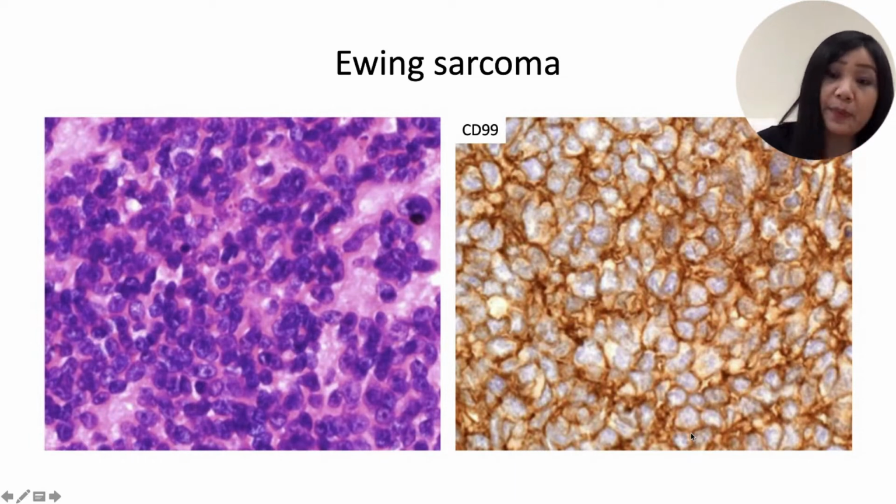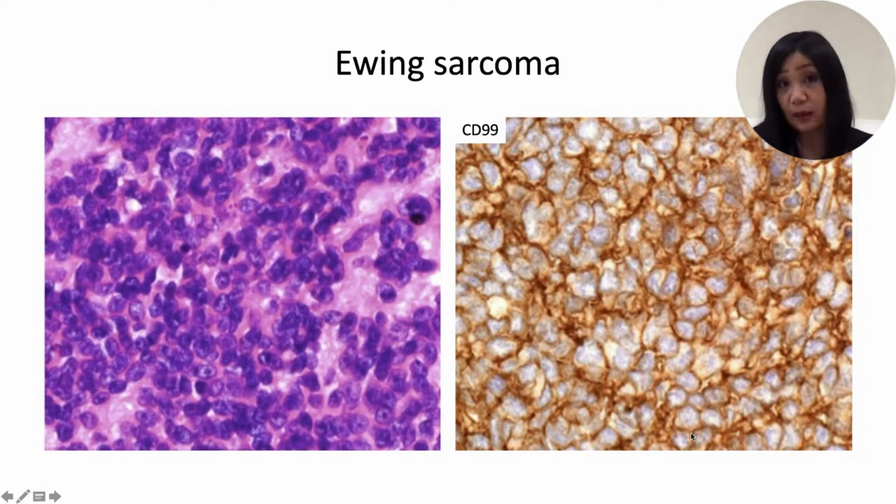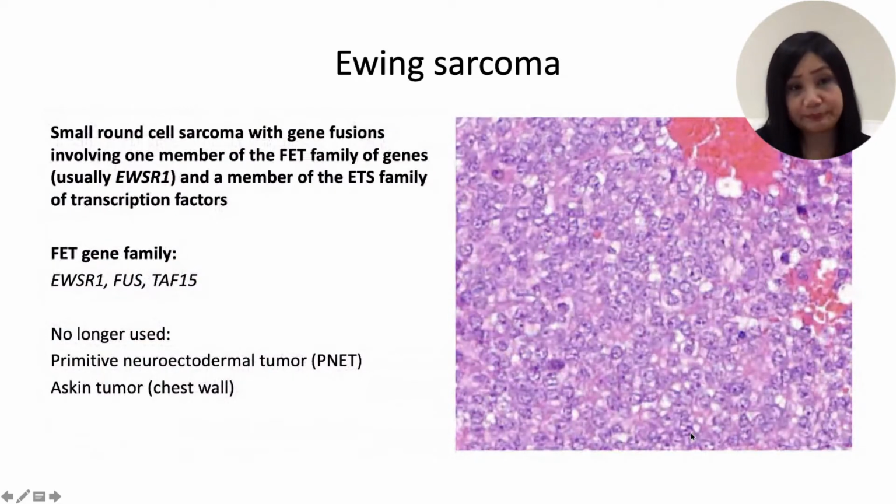detail. So we'll just skim this, but as we know, most of us are familiar with diagnosing Ewing sarcoma or its morphology, but a few brief points. This is a small round cell sarcoma characterized by gene fusions involving one member of the FET family of genes, and this family includes EWSR1, FUS, or TAF15. And let's remember that FUS gene sometimes substitutes for EWSR1. So instead of EWSR1 partnering a given gene, FUS instead partners this. And a member of this family of genes, usually EWSR1, but sometimes FUS, partners with a member of the ETS